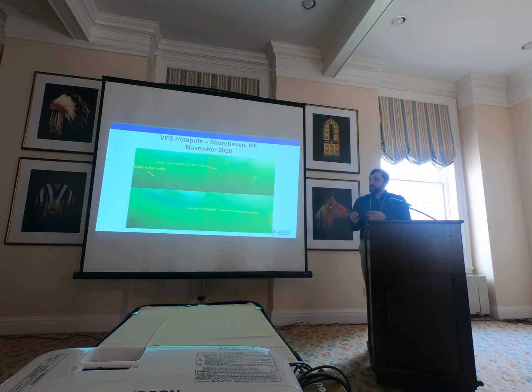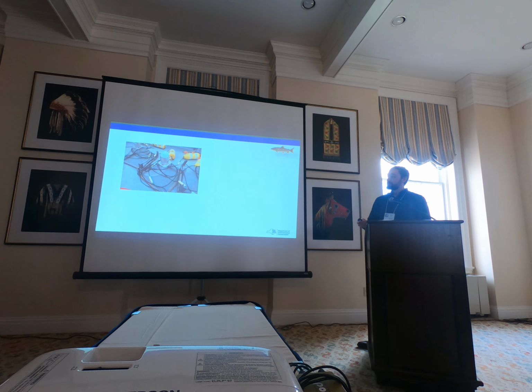Something that, it being a super dynamic, volatile area, we had some stretches where there's no sand, there's no dreissenid mussels. It's too rough for the dreissenid mussels to stay there. It's also not a great thing for eggs. You know, when you have 20-foot waves, these reefs are at 15 to 17 feet of water, dropping down to 23 to 25 feet. Again, not a spot that we had previously thought lake trout would be congregating at and trying to spawn. So this is November 2020. We're very excited with how all this has worked out. The next year we go out and set